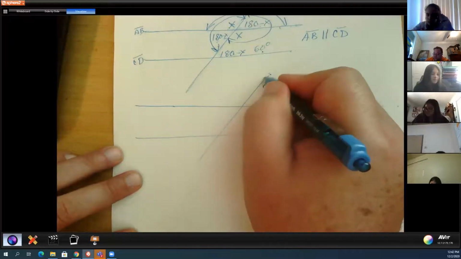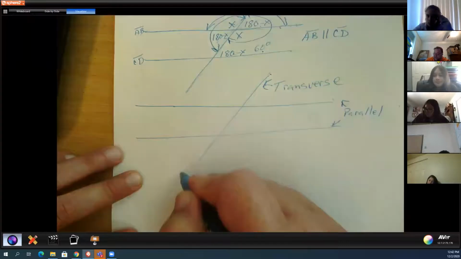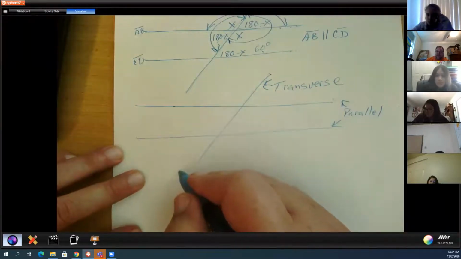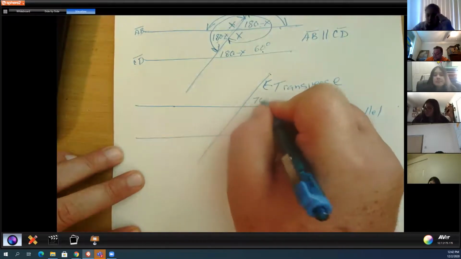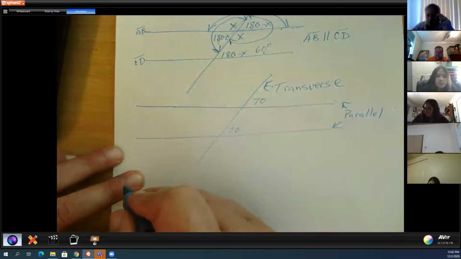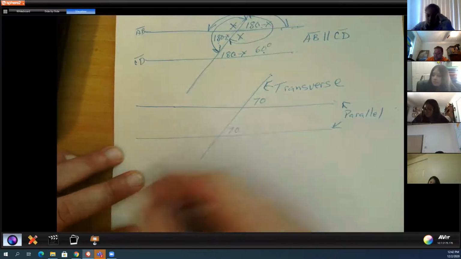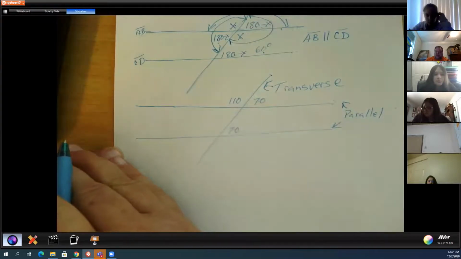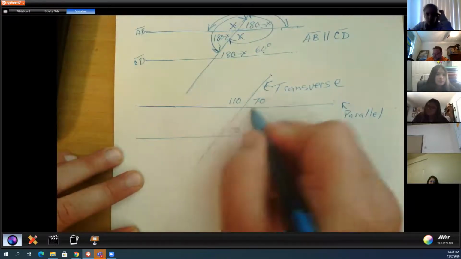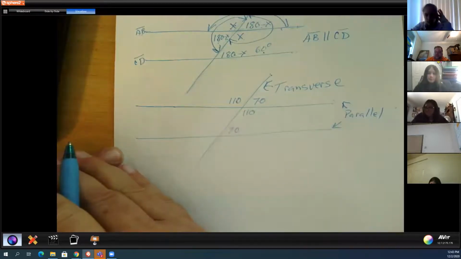So the rules say that if a transversal line cuts through both parallel lines, it forms congruent angles in the same pattern. So if this was 70, this would also be 70. If this is 70, this is 110, right? Because 110 plus 70 equals 180, right? Well, if this is 110, then by the rule of vertical angles, this is also 110, right? Because they're opposite angles